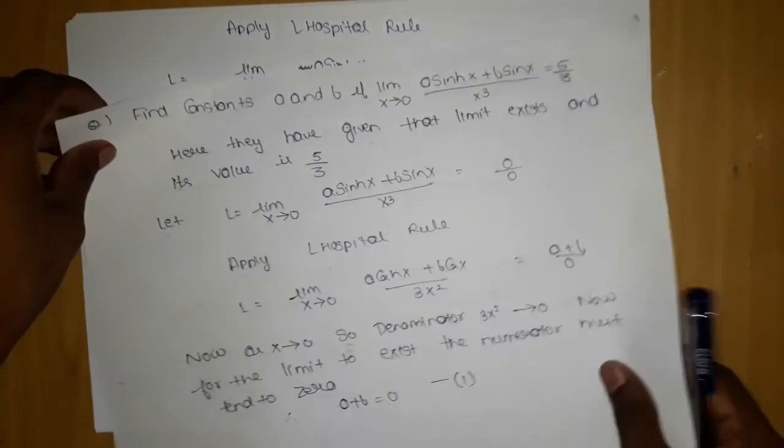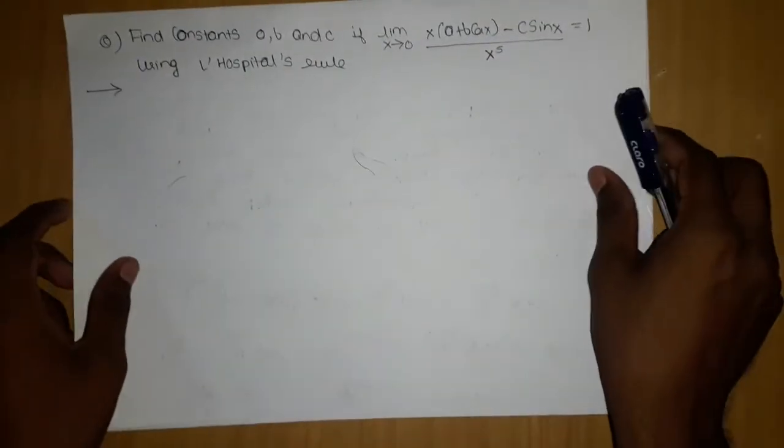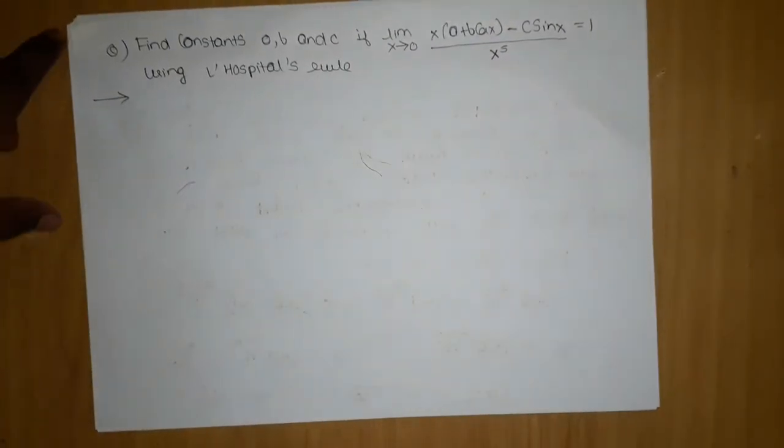So now let's move on to the next question. Now you have to write that the values of the constants are as follows, and you will get the complete marks. And don't forget to mention the reasons wherever it is necessary. And this is the last question which we are going to do to wind up this chapter.